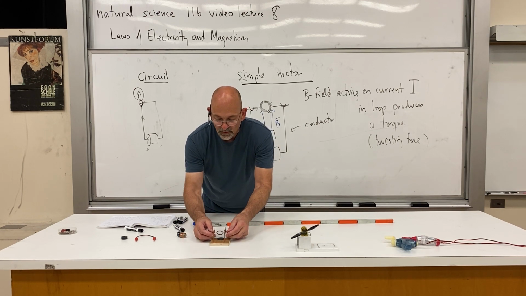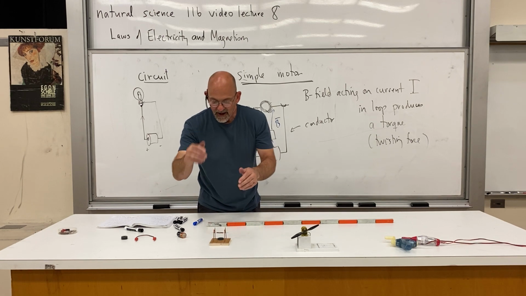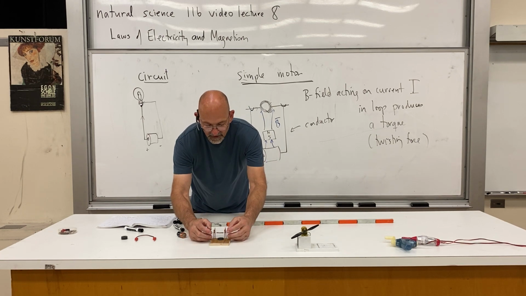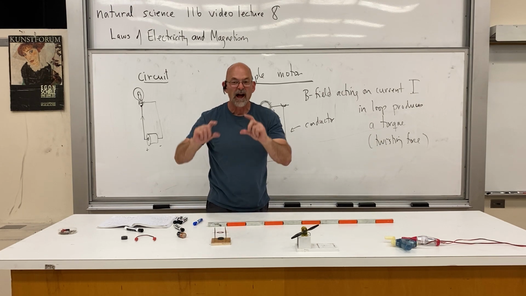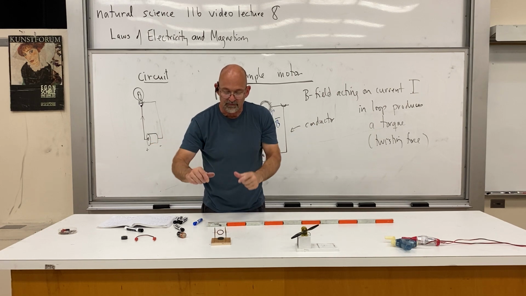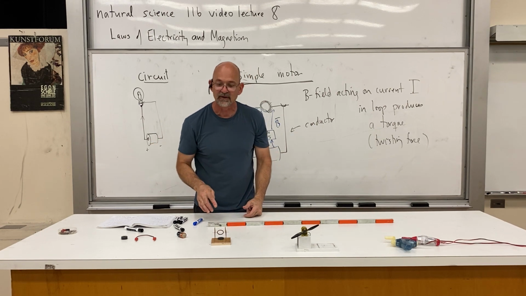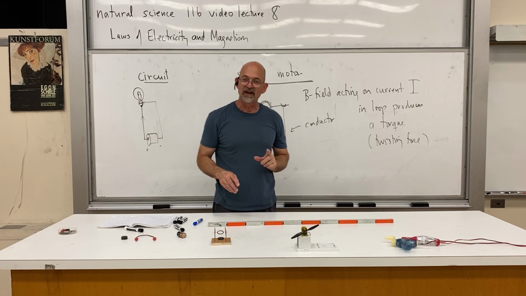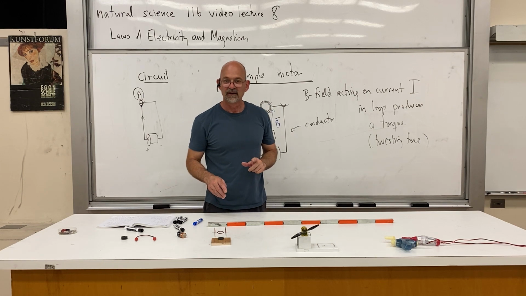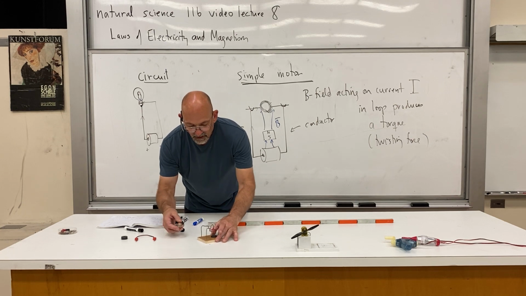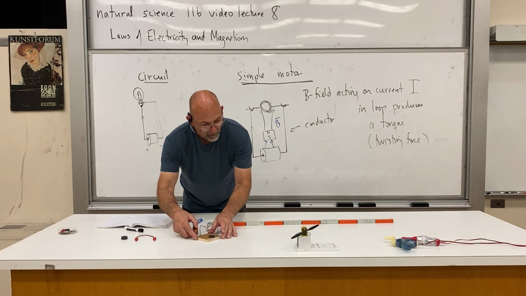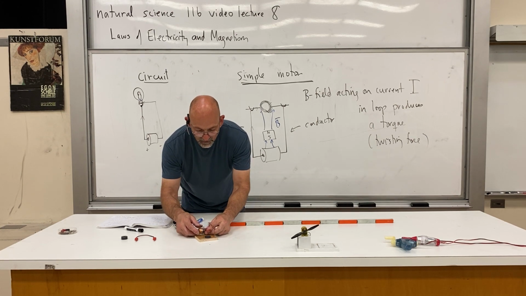But in principle, if I take the battery out and hook wires up to this, I would be able to twist this loop here, and I would be the motive force, and this would be a generator. So a motor can be a generator, okay? A motor can be a generator, and that's an important property too, and I'm going to illustrate that with some of these